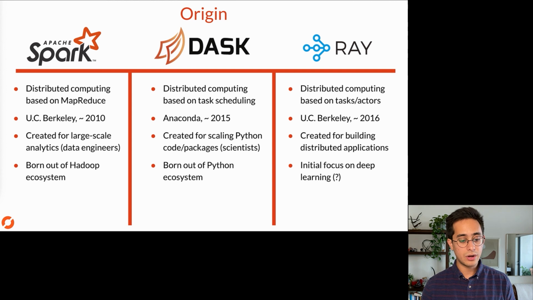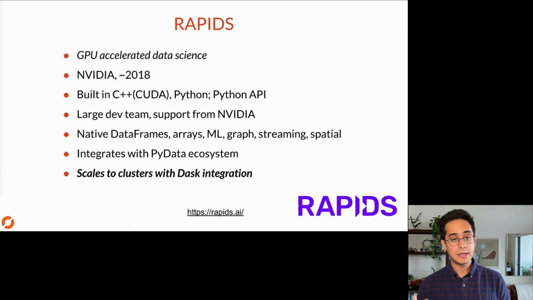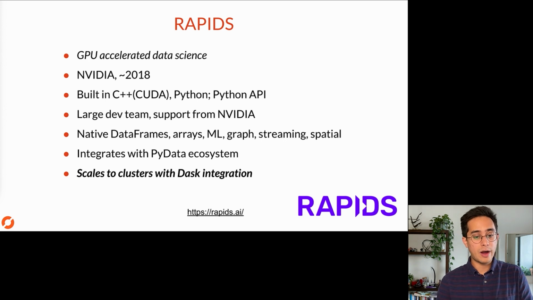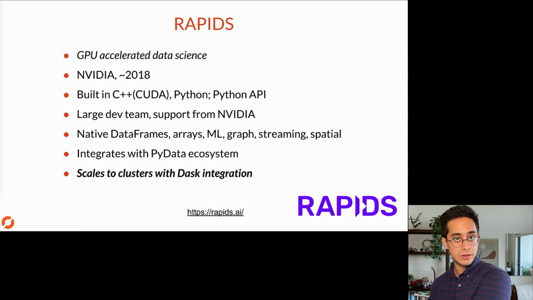Okay, so here's a slide of all of them so you can see all the logos and see the whole story for all of them. I do need to mention one other tool, and that's Rapids, because the core of what Rapids is doing is pushing data science workloads to the GPU. So it's packages for data frames, arrays, machine learning, where now instead of executing on CPUs like all the other packages do, it'll actually execute way, way faster on a GPU. And it's really exciting, so I would definitely check out Rapids. It's a cool package. It's really mind-blowing, some of the performance speedups you get. It's newer. It's created at NVIDIA. It is an open source project, and there's a large dev team supported by NVIDIA.